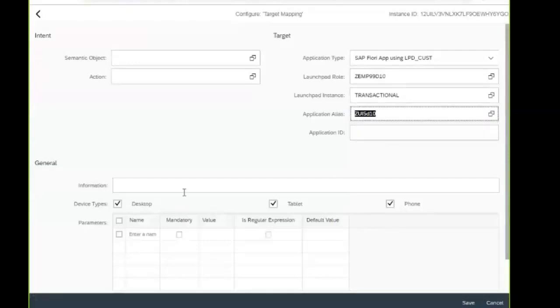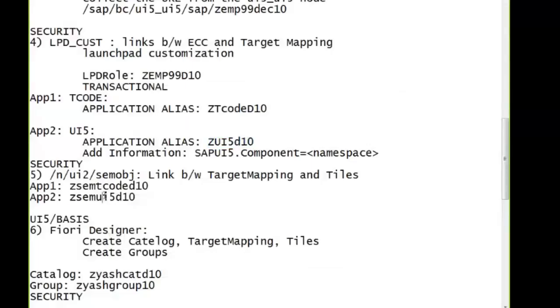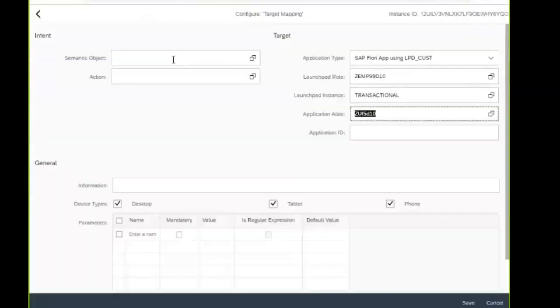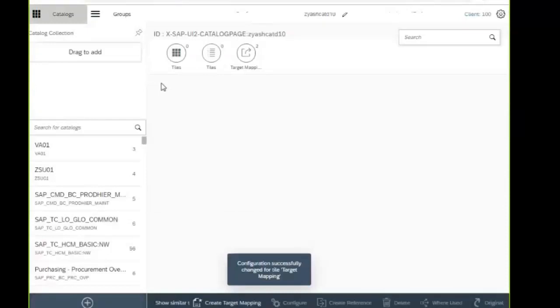To this application alias, I will have another semantic object, a variable which I will use in the tiles. Display is the action. 1, 2, 3, 4, 5. So I need 5 values to fill the Fiori designer. For the customized application, the values we have created with all the steps.